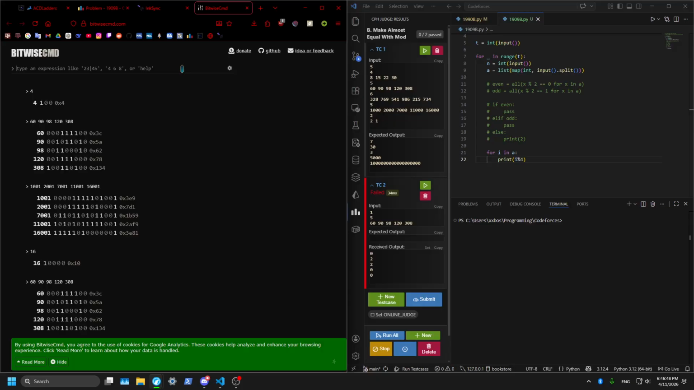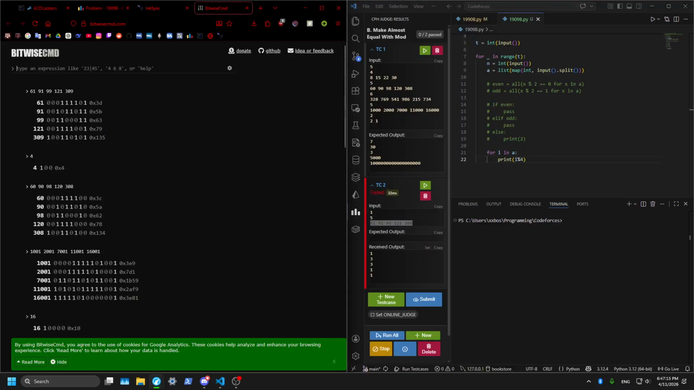What is 11001? So it's non-inclusive? Okay, I have a theory. Let's add 1 to all these again. 4. 4 works for this. Why? Because